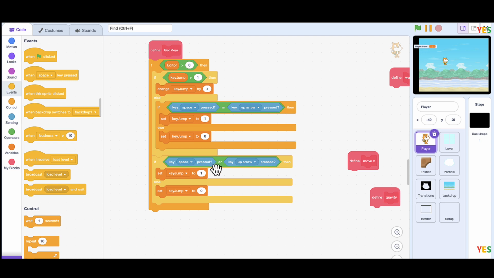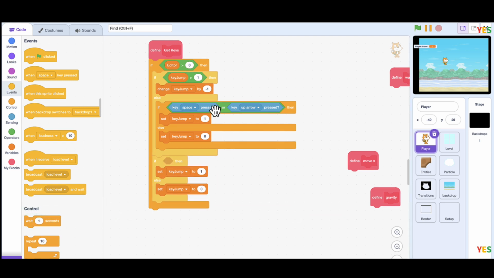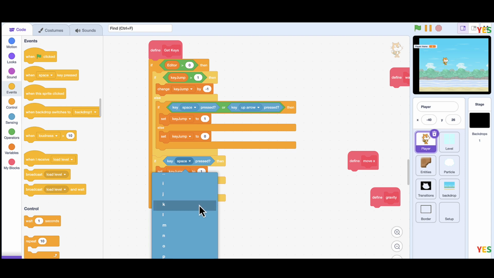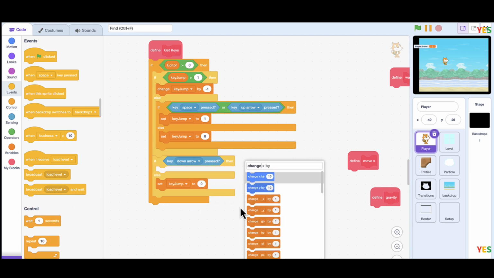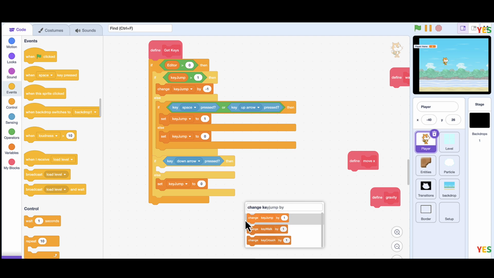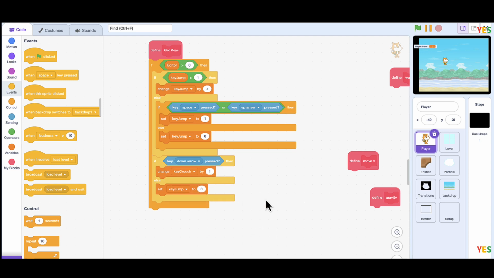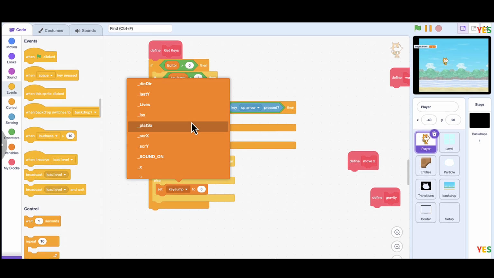And then change. We're gonna make that a change key crouch by 1. And then set key crouch to the empty value if it's not. It's not crouching, I suppose. And then